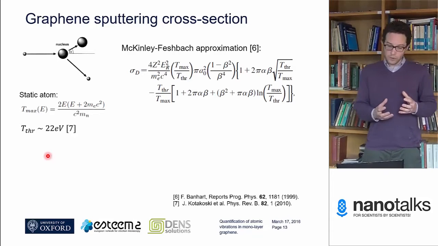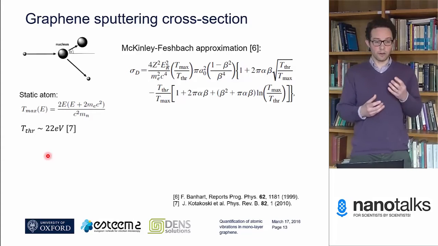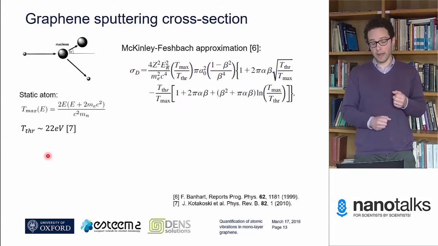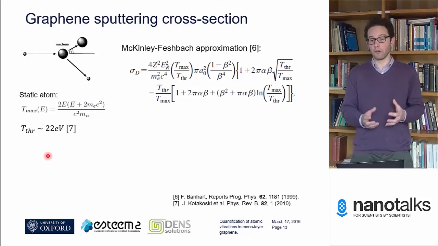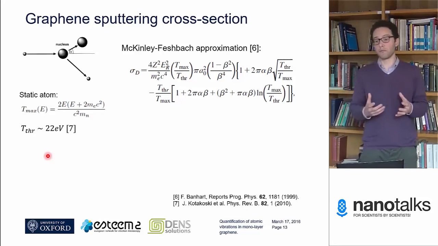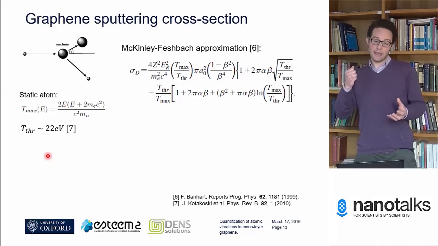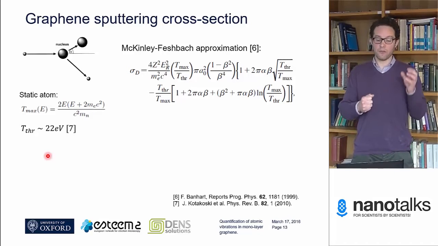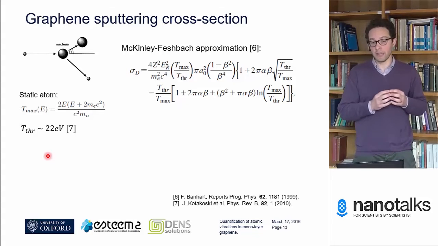So once we have worked out then the maximum amount of energy that we can transfer from our electron to our carbon atom, we can then calculate what's known as a sputtering cross-section. So a sputtering cross-section is simply a probability. So it's a probability that an interaction between an incident electron and a carbon atom on a graphene lattice will result in the carbon atom being ejected